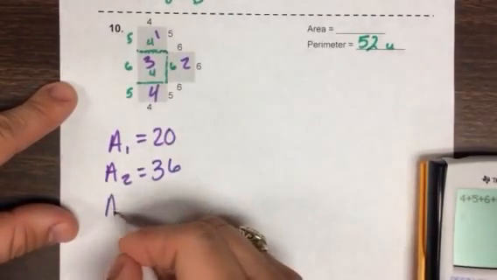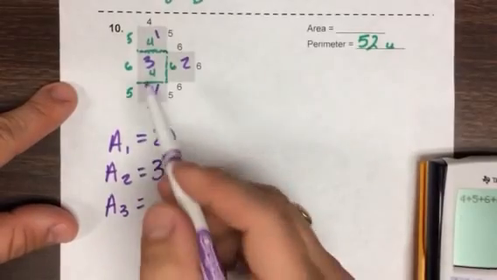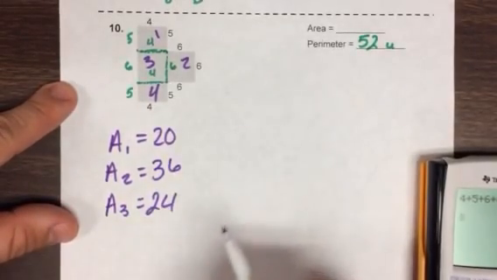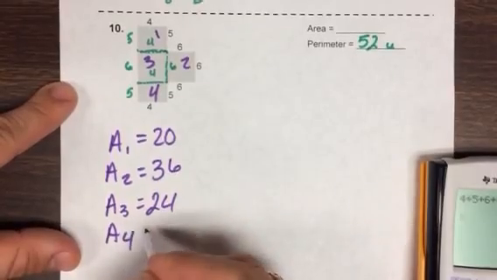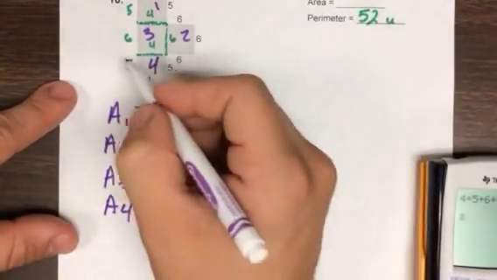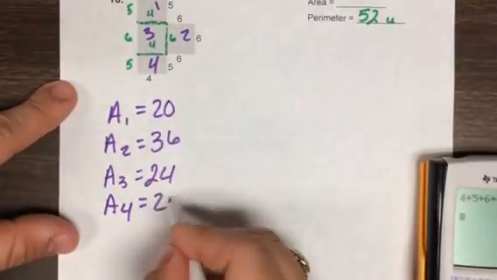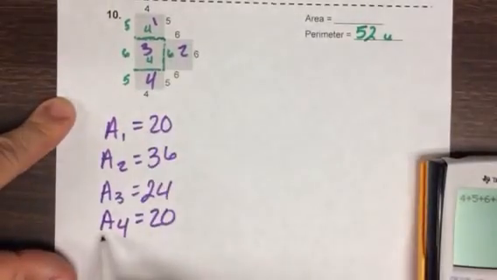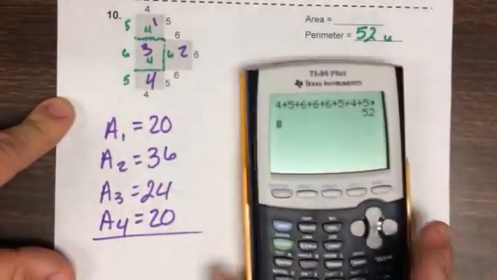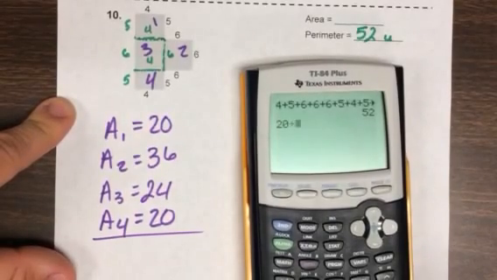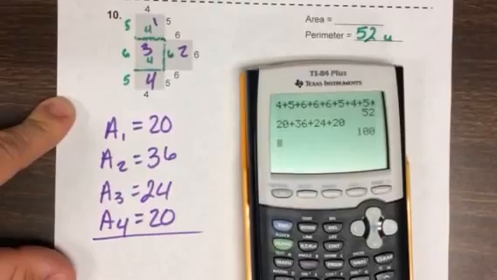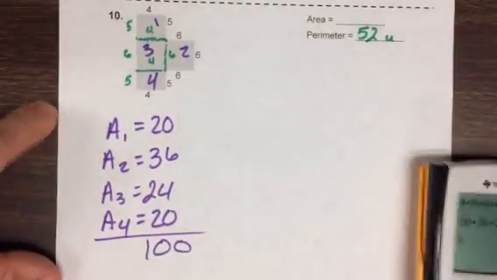Area 3 is 6 times 4, which is 24. And area 4 is 5 times 4, which is 20. So now, if I want to know the combined area, all I need to do is add those 4 numbers together. 20 plus 36 plus 24 plus 20 gives me a total area of 100